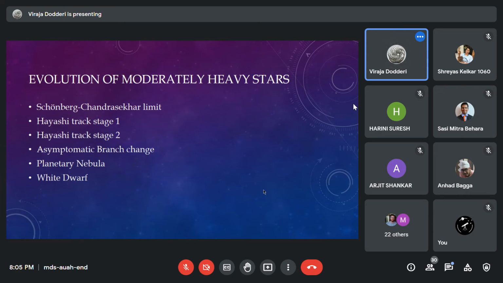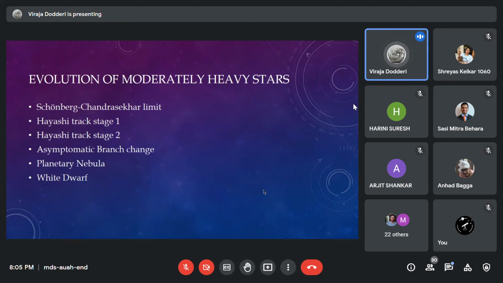So yeah, and the Hayashi track stage one is just after the helium burning starts. And when the helium burning is completely stable, the contraction of the core and the expansion of the outer layers stop, and the star now goes through another main sequence stage of the helium burning phase,